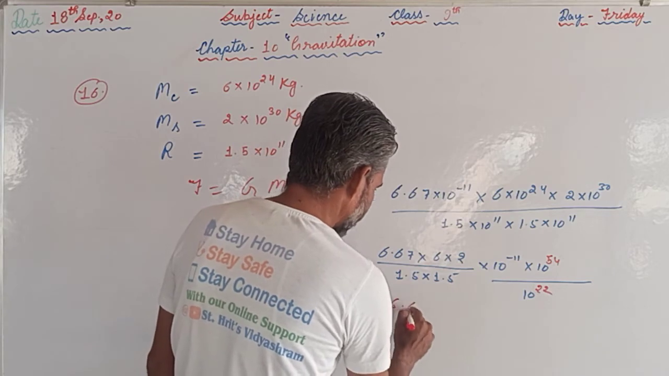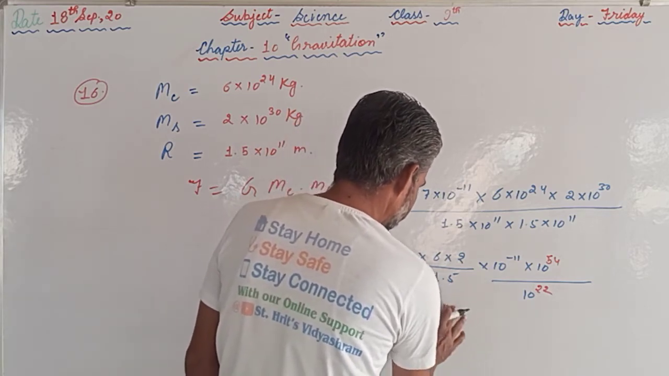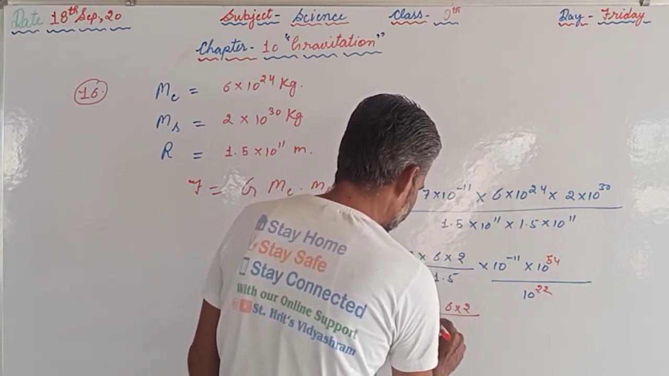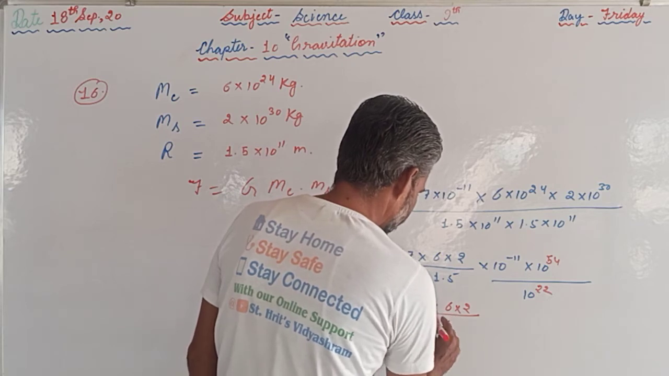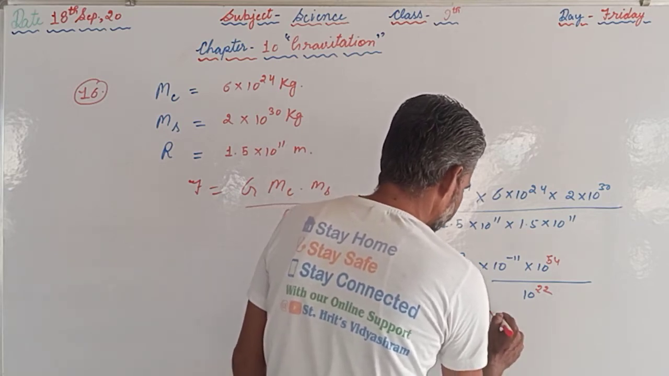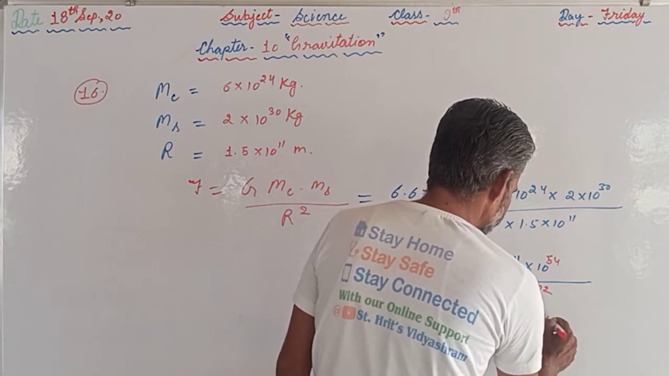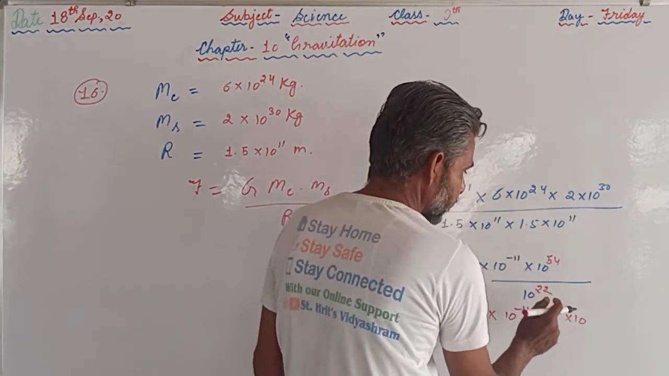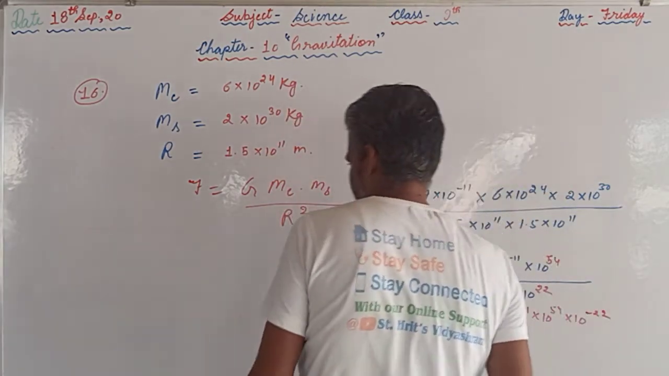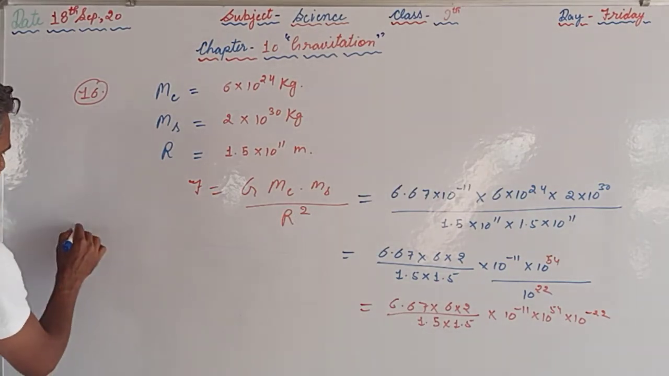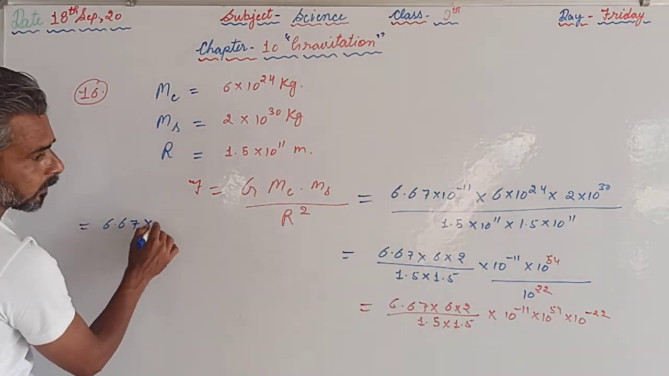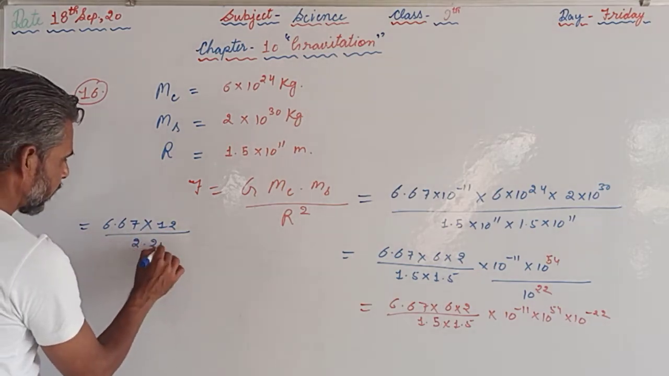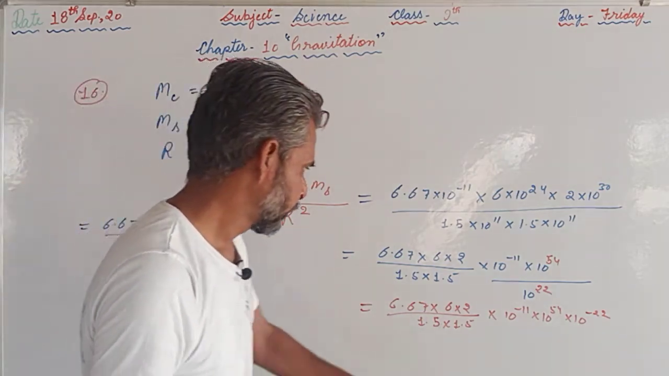Now after that, 6.67 into 10 raised to the power -11 into 6 into 2 upon 1.5 into 1.5 into 10 raised to the power 54 into 10 raised to the power... This, if we move upward, the sign of the power will be reversed. So after that we can write 6.67 into 12 upon 1.5 into 1.5, 2.25 into 10 raised to the power